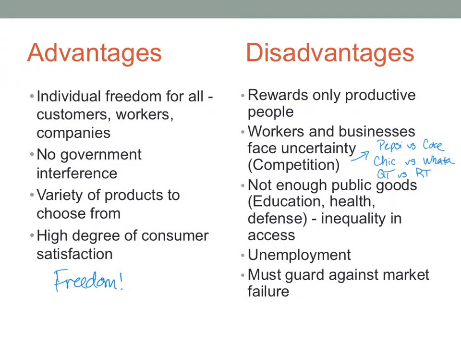Another downfall here is that there could be not enough public goods. This says education or health or defense. This is really like private versus public. You know how there are private schools, literally Legacy Christian, right down the road, right? There's private healthcare providers, okay? All of those things, there's competition there too. And there's inequality of access, okay, because the government's not controlling it, like in a command economy, okay? There's freedom there of basically how much you are willing to pay for whatever type of quality, okay? So those are some downfalls.